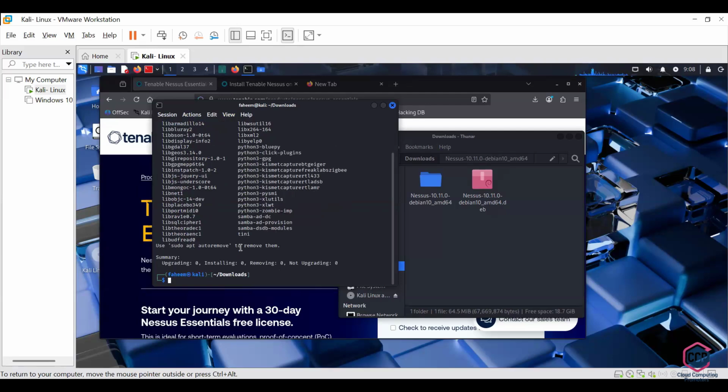It's downloading. Do one thing: sudo apt update and upgrade. Run the command. In the main terminal or in this download section?